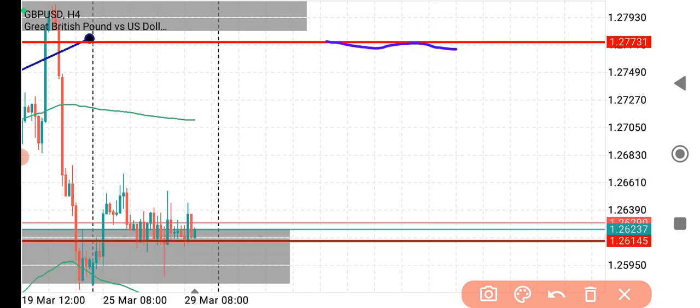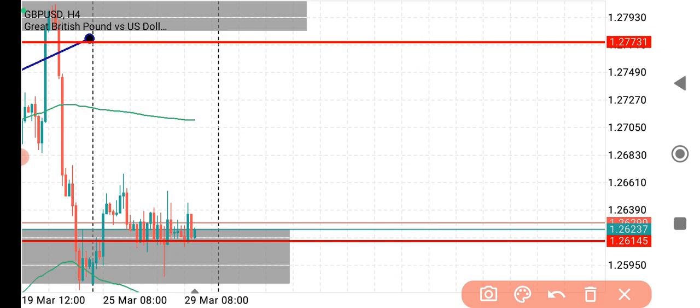This line is our resistance zone, and this is our support zone. So when price moves from this area and is at our resistance zone,